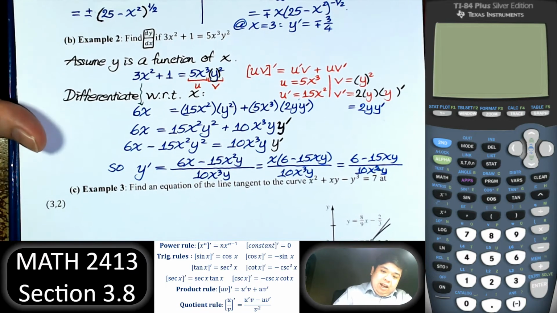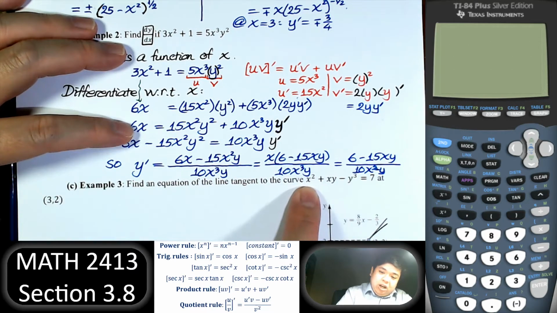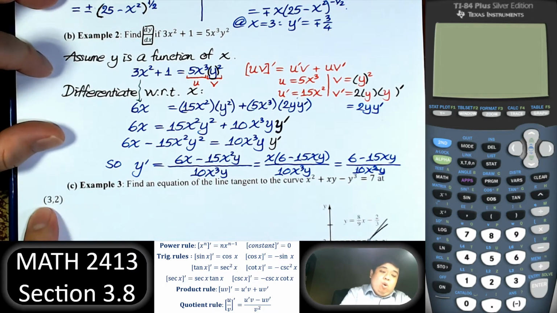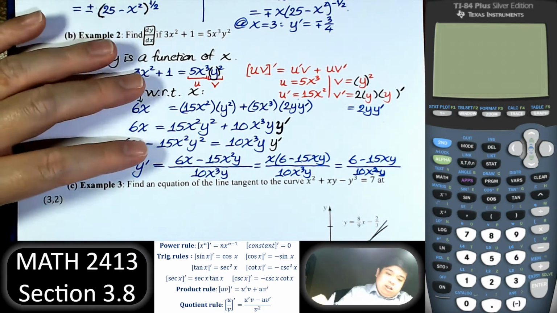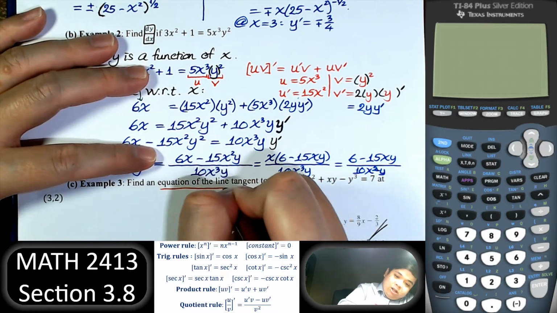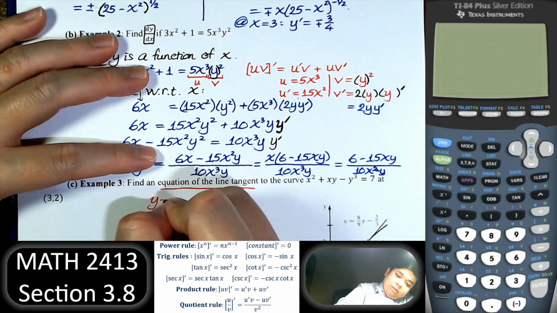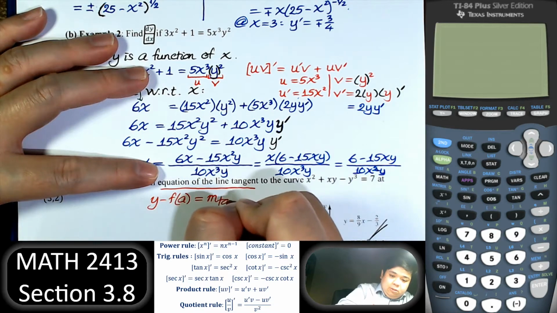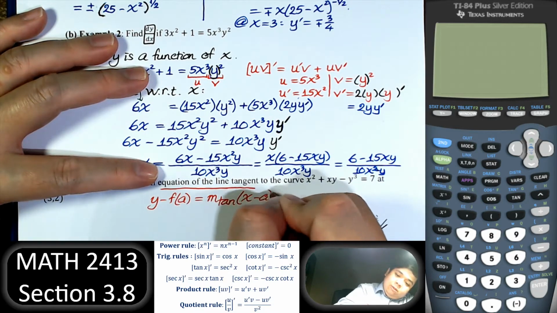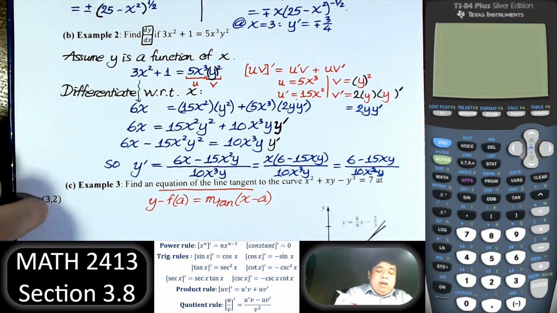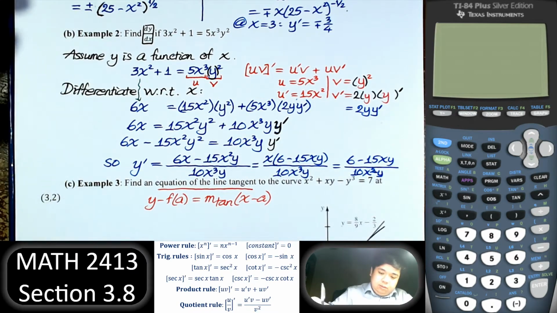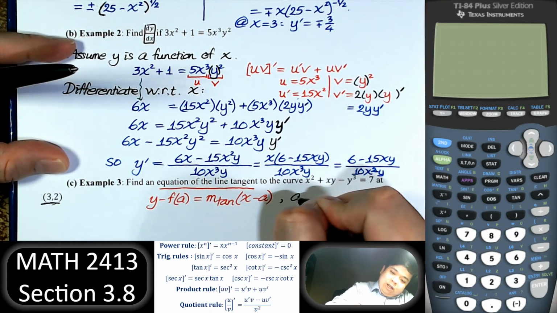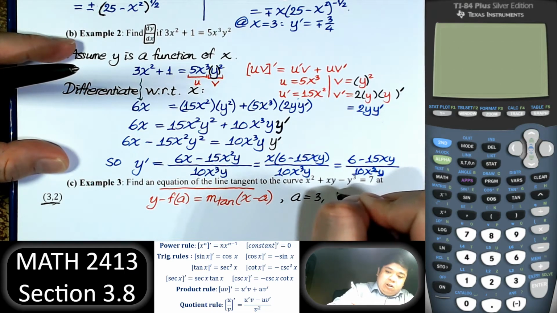Right, next, find equation of a tangent line to the curve x squared plus xy minus y cubed equal to 7 at the point 3 and 2. So equation of a tangent line, equation of the tangent line, in this case a is 3, at the point 3 and 2. So a is 3, and the values of the function